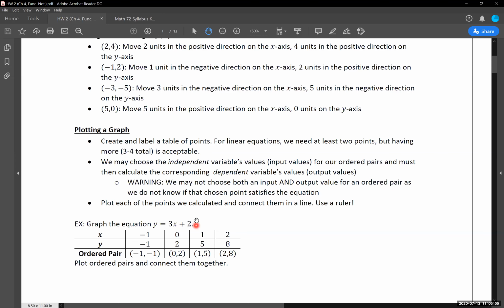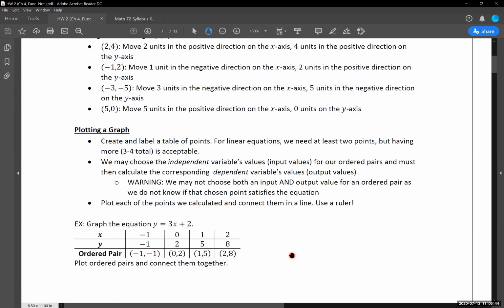Primarily meaning, using the quick example that we have here, here's an equation. If I were to just randomly, arbitrarily choose a point, an x and a y value, I don't actually know if that is going to be on this equation, or on that graph at all. So you can only choose the x value or the y value, and then you need to find the missing one that goes along with that ordered pair. We'll go through a couple examples of this, and I'll show you what I mean. But you cannot choose both for each ordered pair. You have to choose one, find the other.